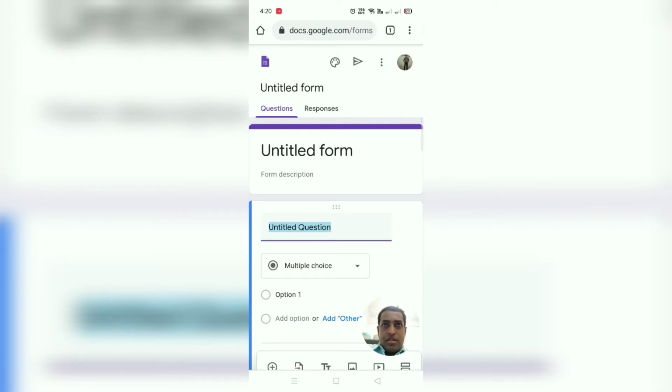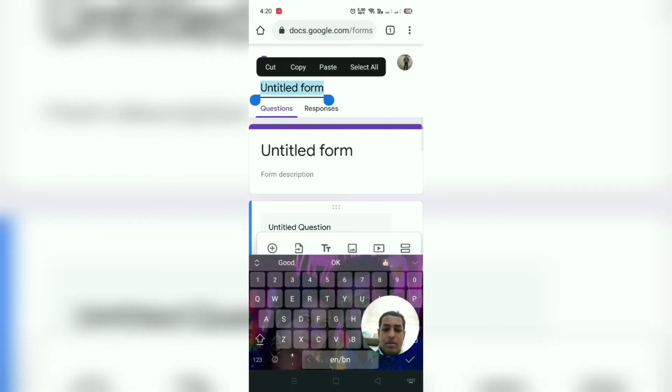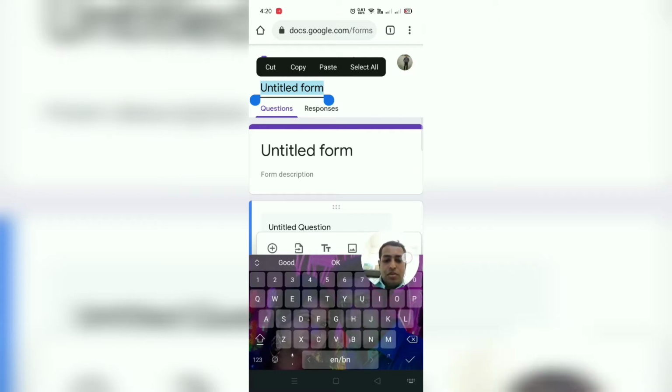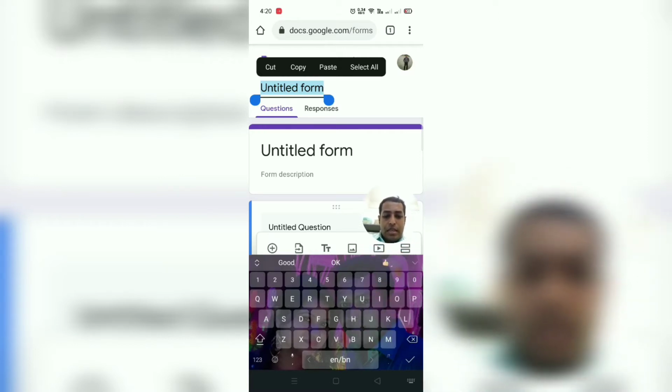This is what you are seeing is the mobile view of the Google form. The previous video that I have made was for the desktop view. Now the first thing, again the same you have to do here. First give one title to the form. Now this depends on for which class or which subject you are making, so we can give this like